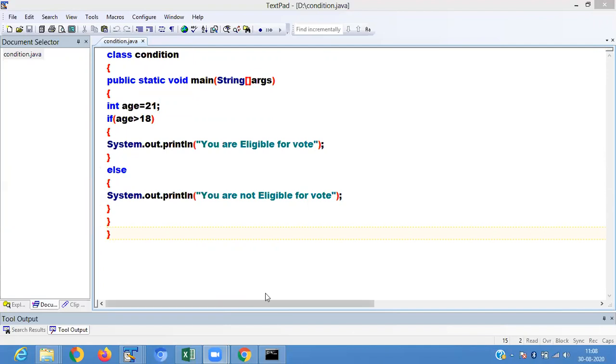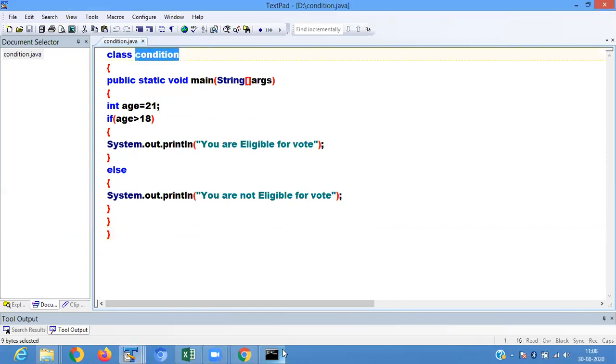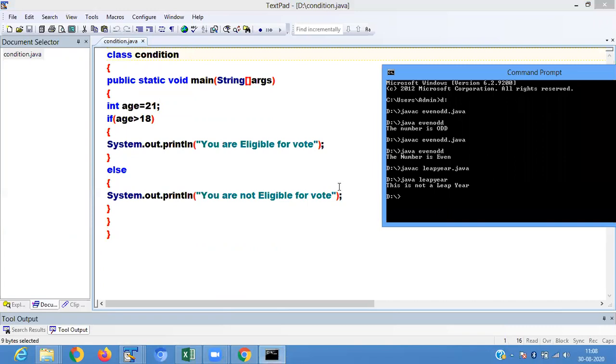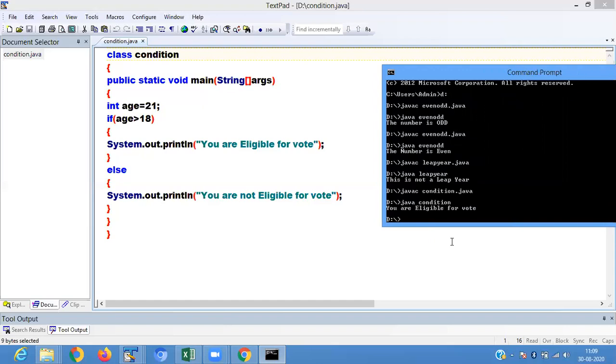Let's check. It's showing you are eligible for vote as we are passing 21.